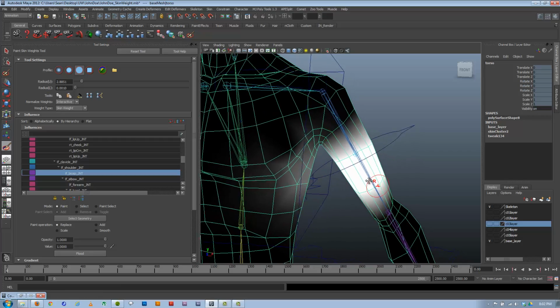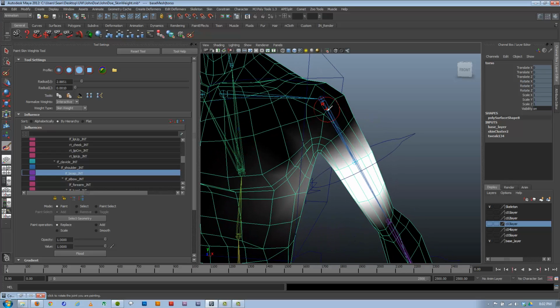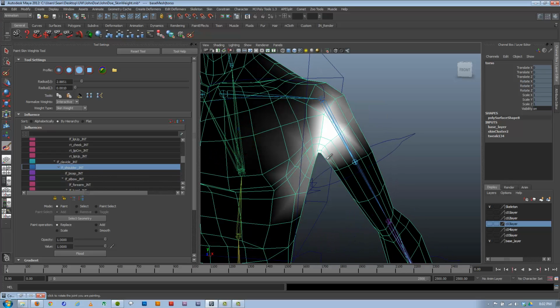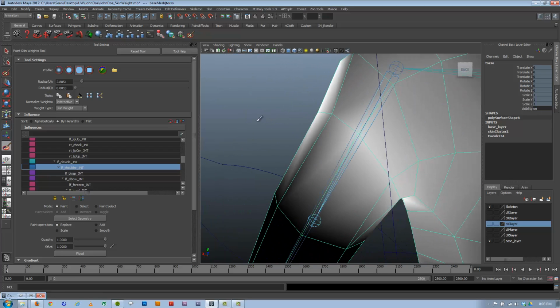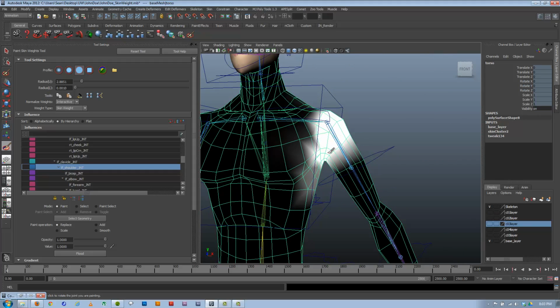But let's go ahead and start blocking out this arm so I can show you the overall process. To start with, I'd always go through and just block this whole character out, and I'm just working my way up from the wrist. All right, so that's all 100% to the